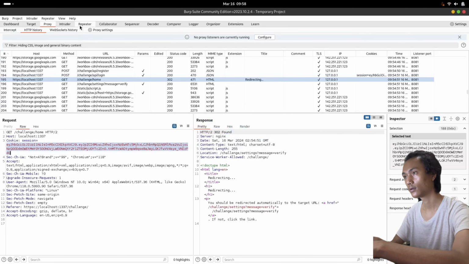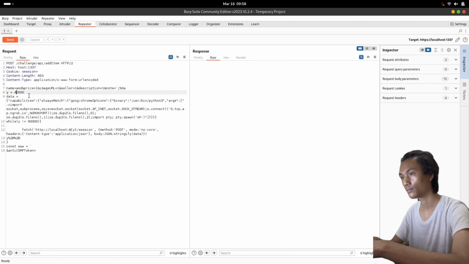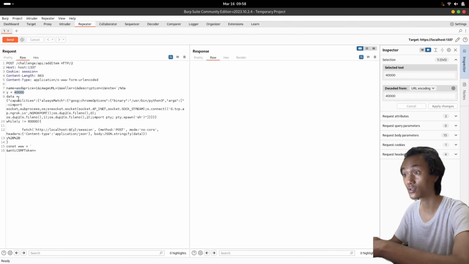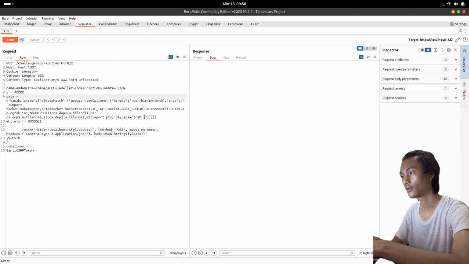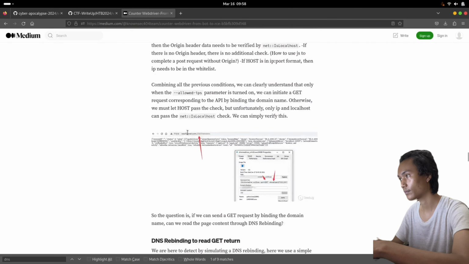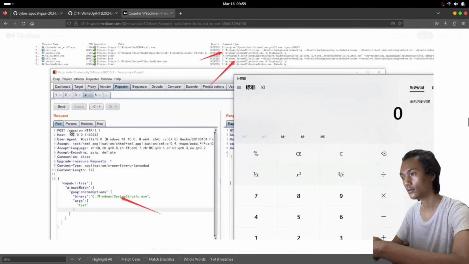Okay, this is how the brute forcing works. We specify the port 24000 and then the data. For the data, you can see here, we need to send a request to session with this JSON payload.